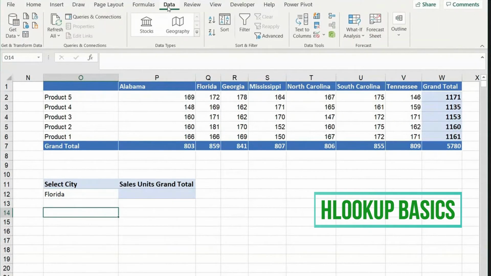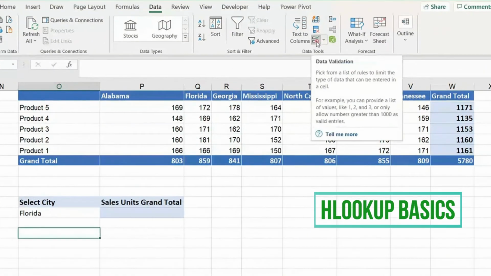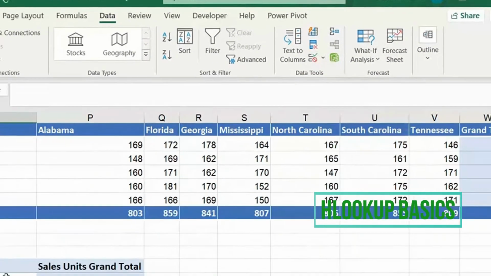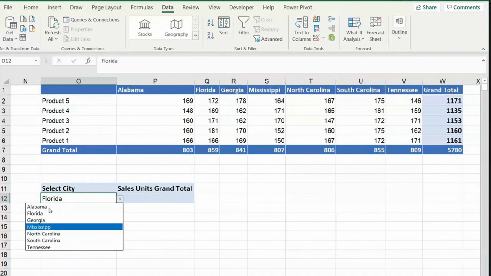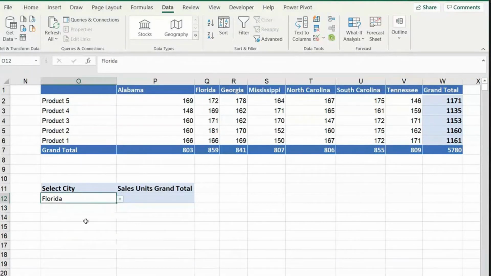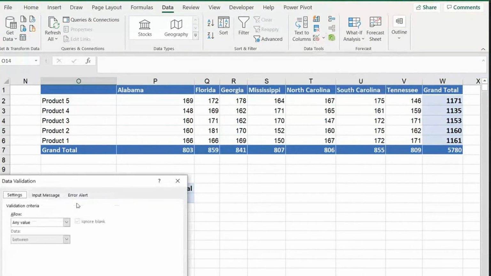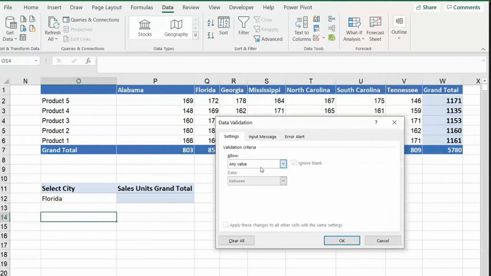I have to go to data validation, okay? Data validation. If you want to bring this kind of drop-downs from this source list, this is showing me all the city names here, like Florida, Georgia, like all this which is here is being shown here, right? So I can create a list by clicking on a cell, data validation, and I can change this option to list. I'll go quickly because it's not a part of the agenda, okay? It might help you if you go through my recording later.